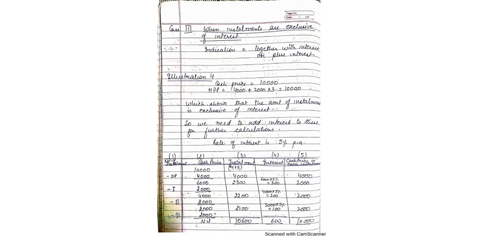So we have made this table, columns 1, 2, 3, 4 and 5 like in the previous format. First is number of installment, second is cash price, third is the installment column, fourth is the column of interest, fifth is the column of cash price involved in each installment. So we start with the total cash price 10,000. Since the buyer has paid 4,000 as down payment, he is not required to pay interest on this down payment. So outstanding amount at the end of first year is 6,000.